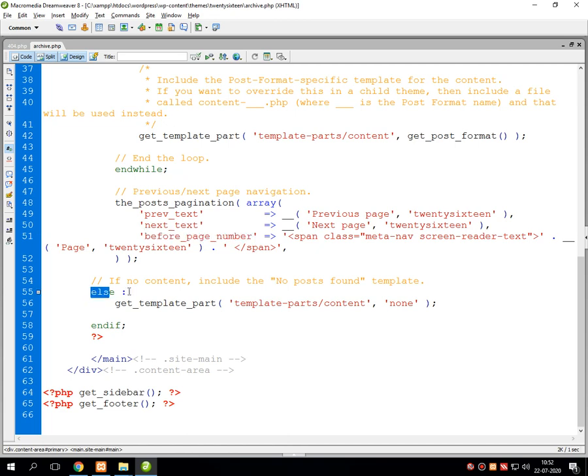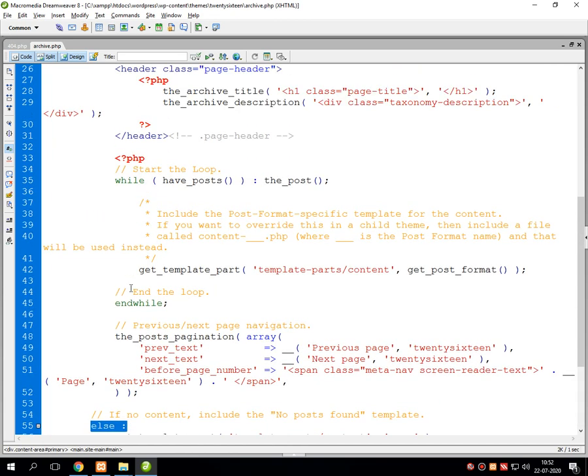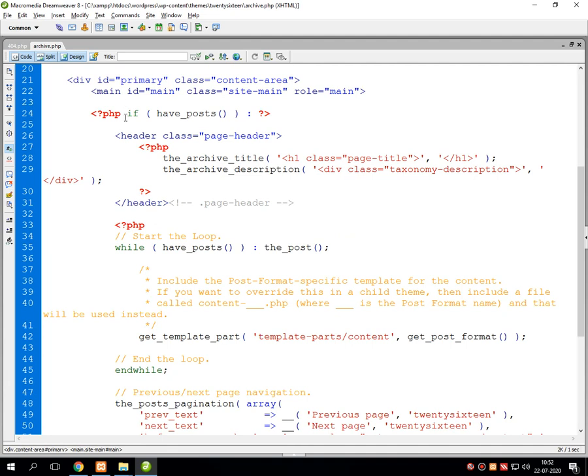Now into the else section. This else section is actually the subpart of this if statement.